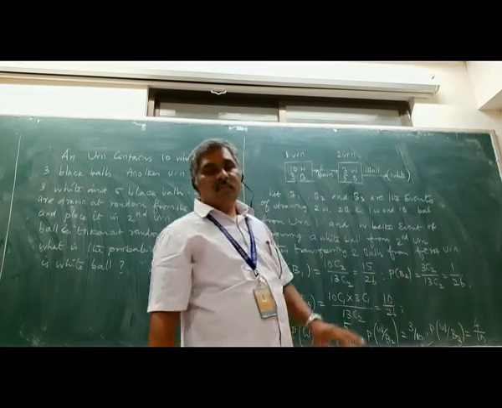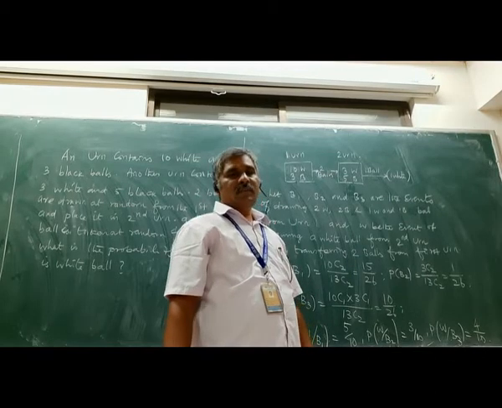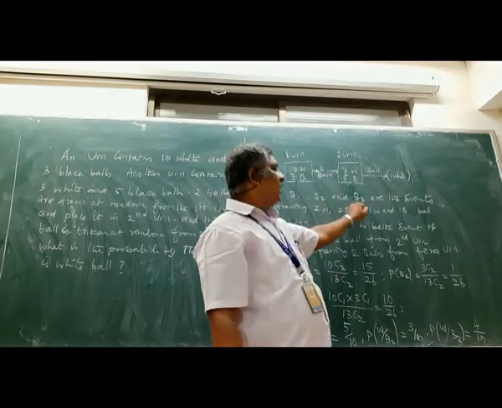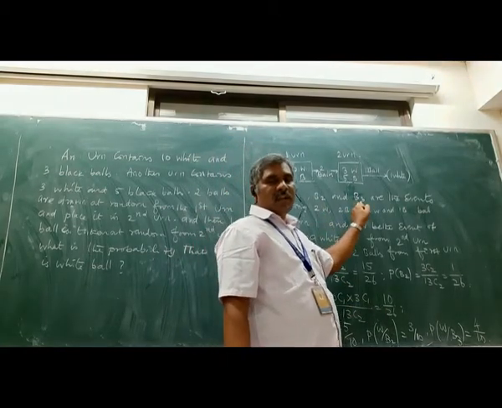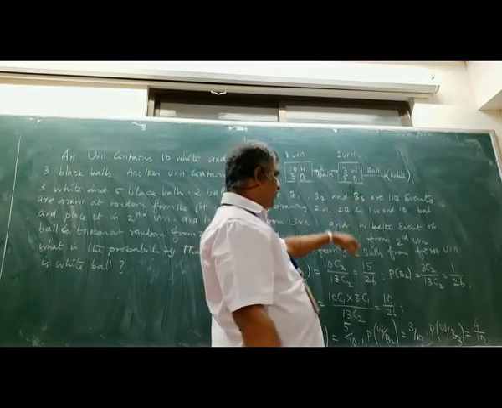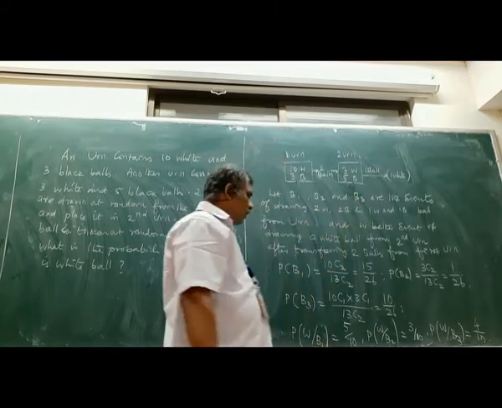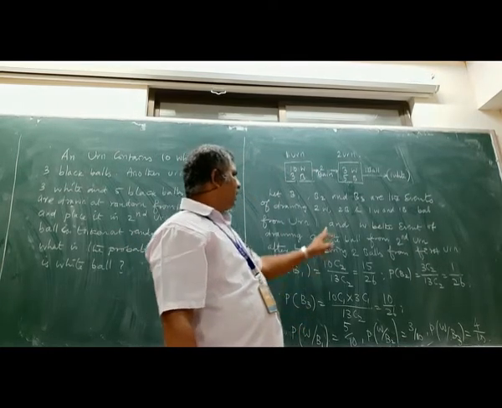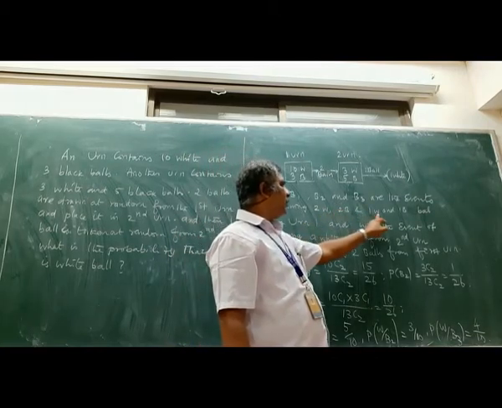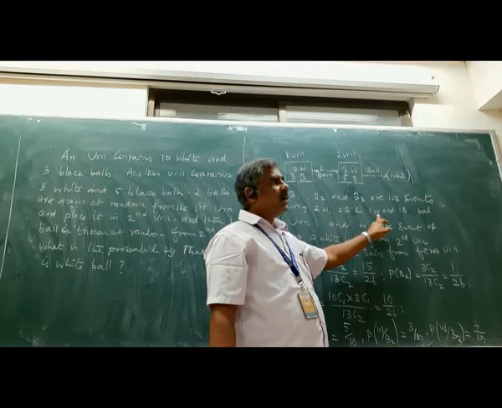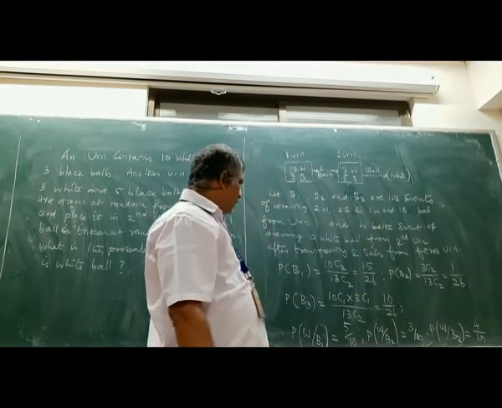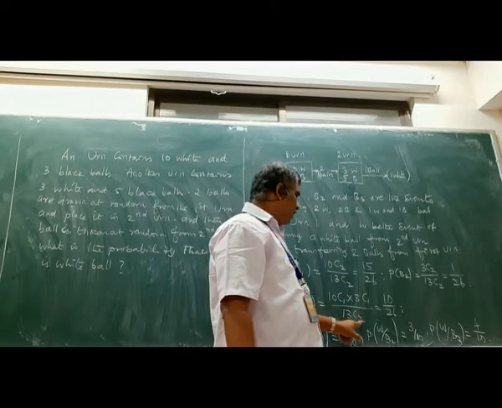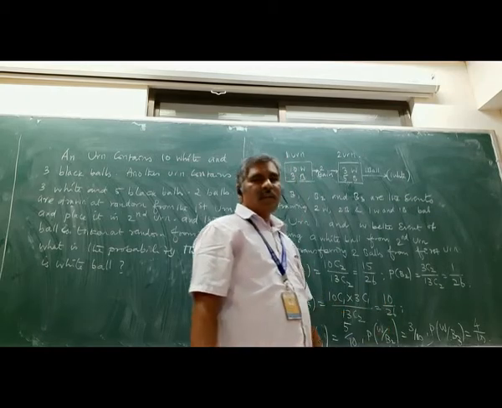Okay. In doing the theorem of total probability, not only in this problem but in all problems, first we have to define the events clearly. Give the event name, that means define the event, and then only do the problem. Here, probability of B3 is what? B3 is taking 1 white ball and 1 black ball. Therefore, probability of B3 is 10C1 into 3C1 divided by 13C2, that is equal to 30 by 78, which is 10 by 26.